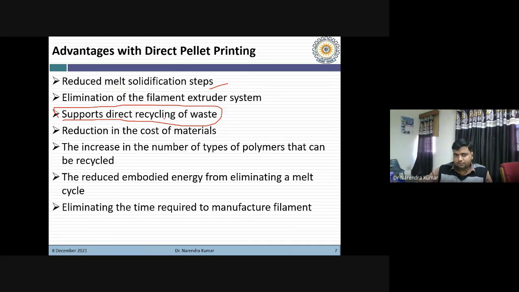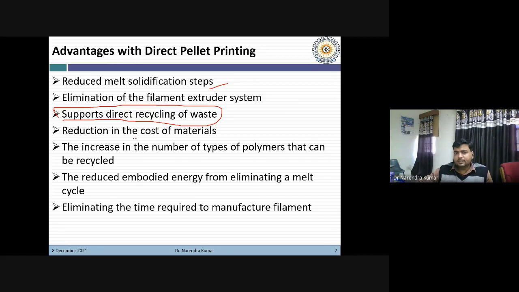So recycling is one of the areas where people are focusing. They are trying to reduce the waste material. So with direct pellet printing, we can directly use that waste material, and we can convert this waste into useful products through this direct pellet printing system.